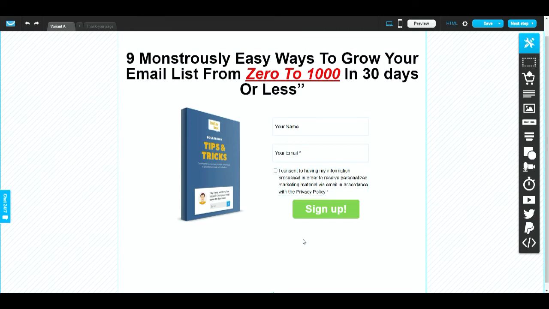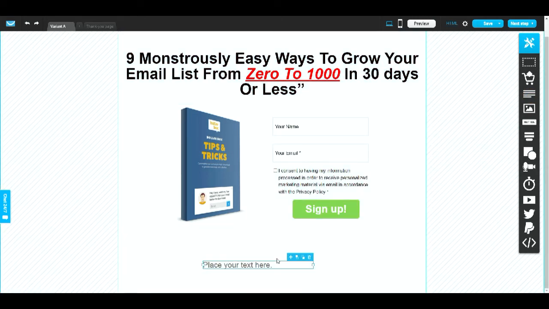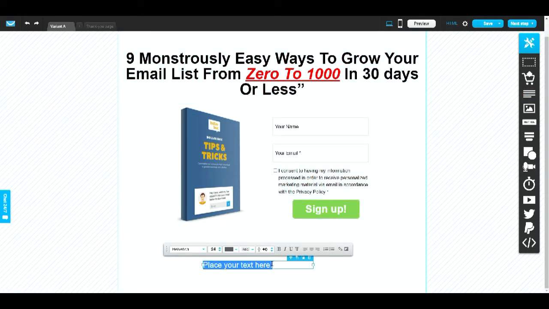We've got a simple sign up box, and at the bottom we want to add some privacy policy, earnings disclaimer, some of the things that I said to you at the early start of this video, where you'll need to have that kind of thing if you want to be able to drive paid traffic to these kinds of web pages. So we want to grab the text box, and I'll simply add it here. Double click, and we'll change this text. So we're going to add privacy